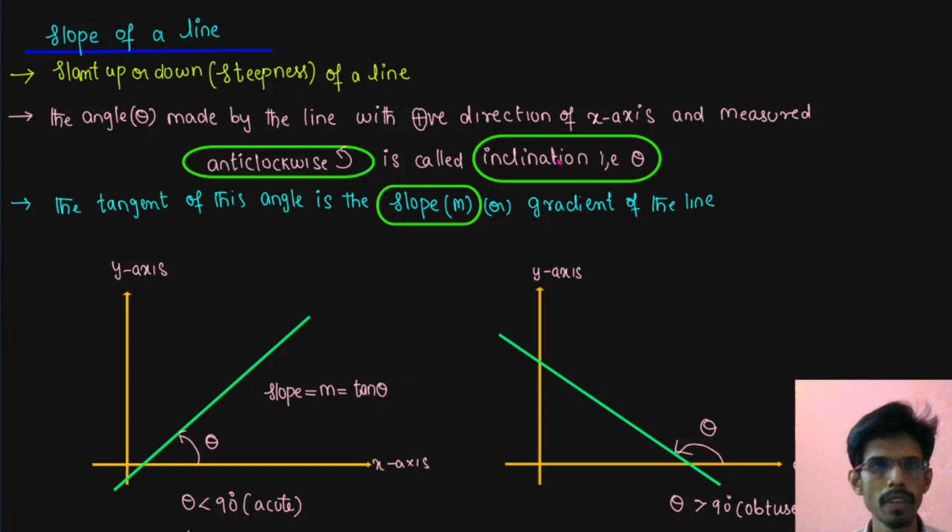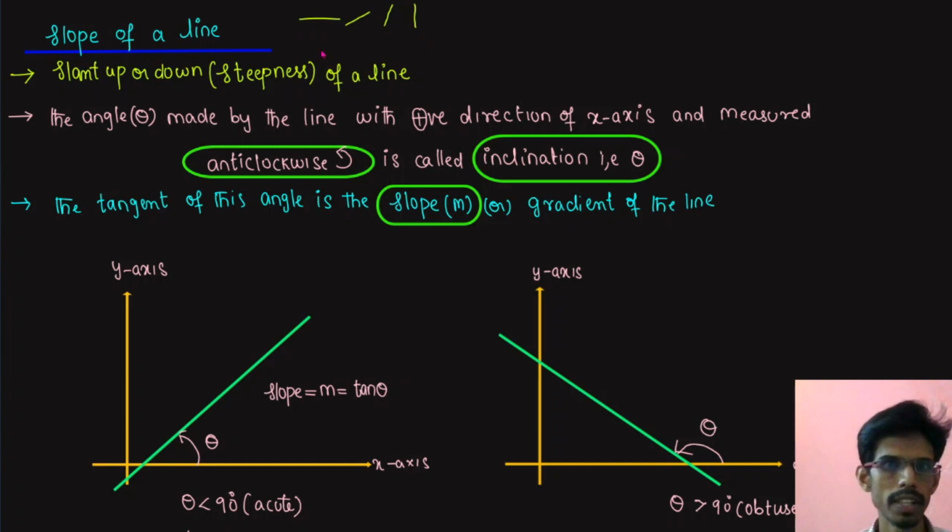Now in this class we will be discussing slope of a line. So slope means slant up or down, that is steepness of a line, how much bend it has with the horizontal, that is called slope. Like here if we have a line like this, then this line will have zero slope, this will have some more slope, this will have more slope, this will have the highest slope, that is undefined. So it is nothing but the bending of a line with respect to horizontal, that is called slope.